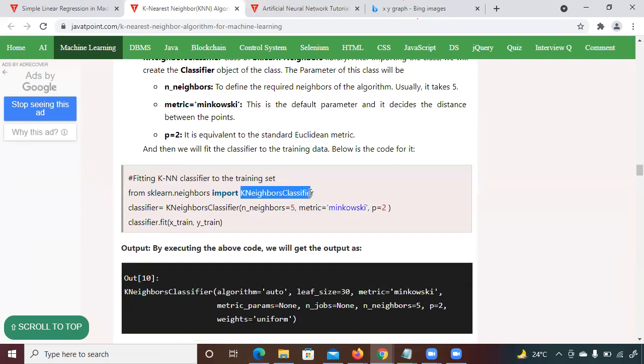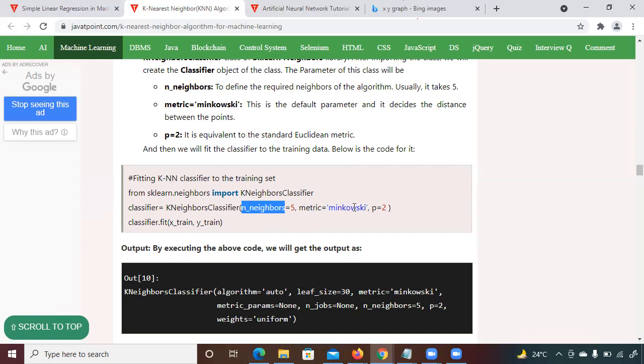K nearest neighbor. You have to import it. Yesterday we saw importing logistic regression, linear regression, decision tree. Here you have to write k nearest neighbor, and to that k nearest neighbor algorithm, you have to tell how much k value you want to consider. Here, n_neighbors 5 I am giving. What does it mean? That k value is 5. We never pass k equal to 5. We pass it like this, n_neighbors equal to 5, which means k equal to 5.